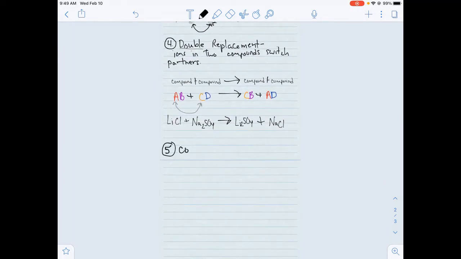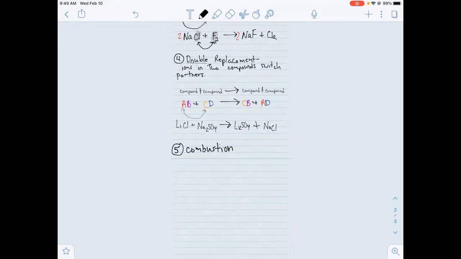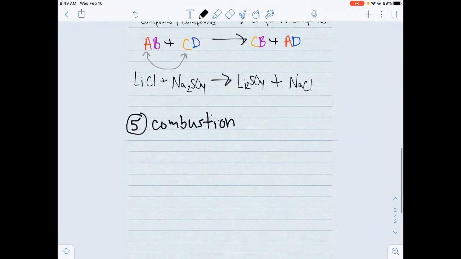Okay. The last type of reaction is going to be called a combustion reaction. Okay? Now, there's the true definition of a combustion reaction, and then there's also the definition we are going to be using in this class. The definition we use in this class is just a subset of combustion reactions. Technically, I'll tell you what a combustion reaction should be. A combustion reaction is where you have oxygen